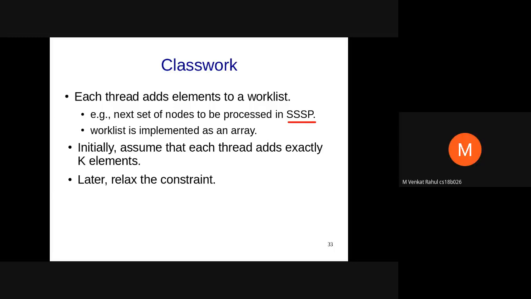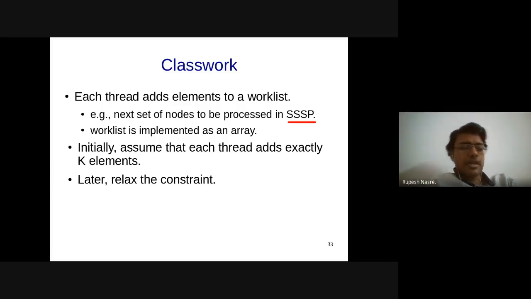Sir, but doesn't it say a work list? I assume that we'll have to simulate a list rather than having an array of fixed size. No, so array, yeah, that is correct. Nomenclature wise, it should be a list, but it's going to be difficult to maintain that in the GPU. So we'll have to have an array there of fixed size, in fact. Although we'll call it a work list, or maybe we can call it a work array or something. But yeah, you are right.